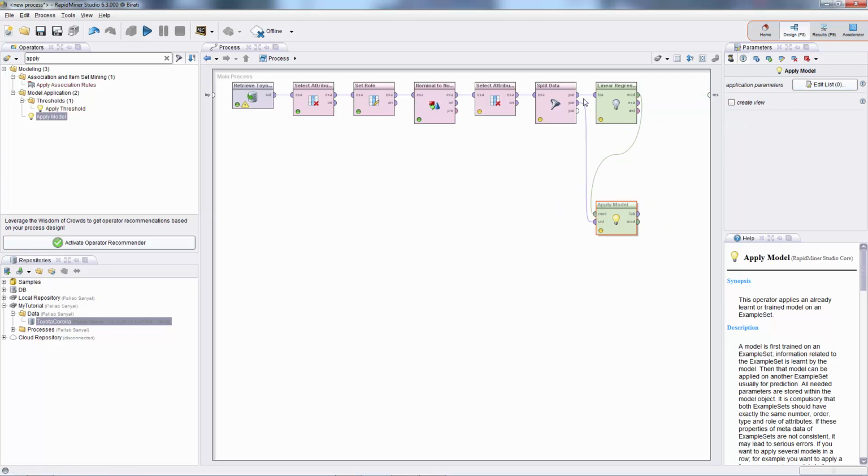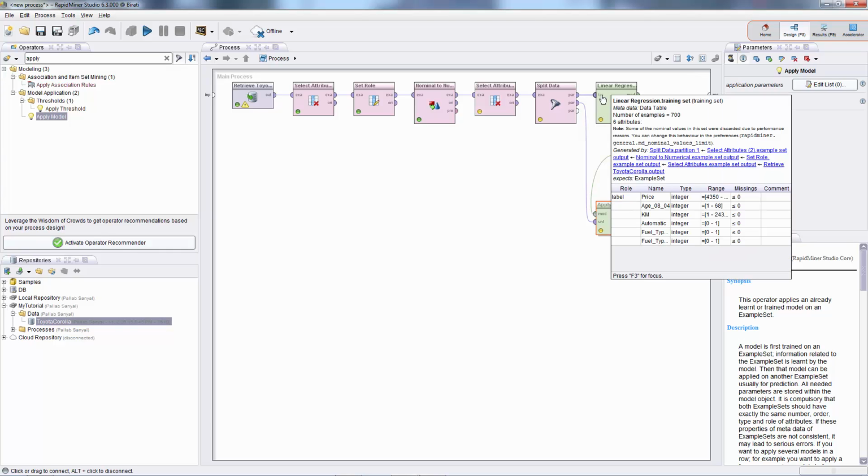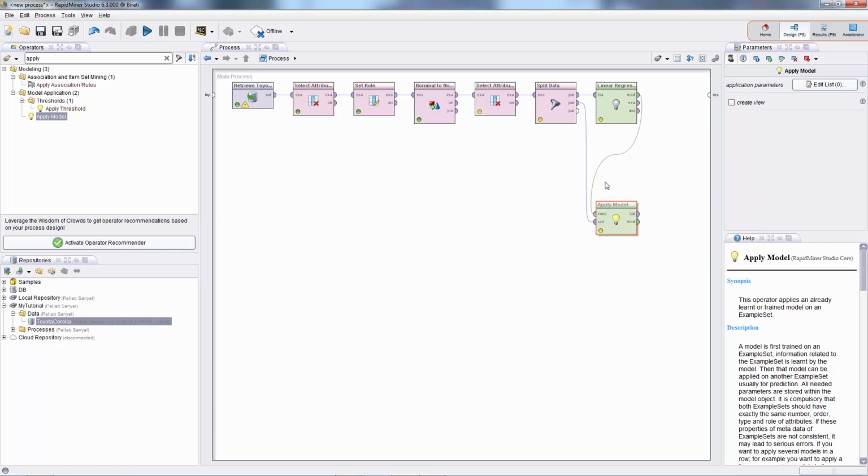So we created two partitions using split data. The first partition containing 70% of the data, we fed to the linear regression operator, whose input port is the training input port, which expects training data. And the second partition, consisting of 30% of the data, we fed to the apply model operator. Now, there is only one operator that we have to add before we can run this process,